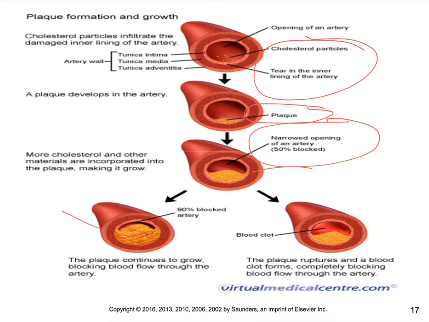As you can see, the plaque has continued to grow here, and there is a severely occluded artery there, and like this says, it's 90% blocked. That patient is going to begin to have signs and symptoms of unstable angina, because it's going to be very difficult to get adequate blood flow to the area of the heart